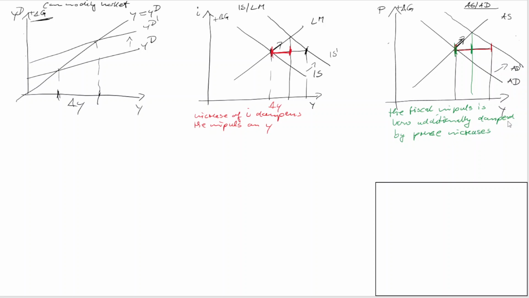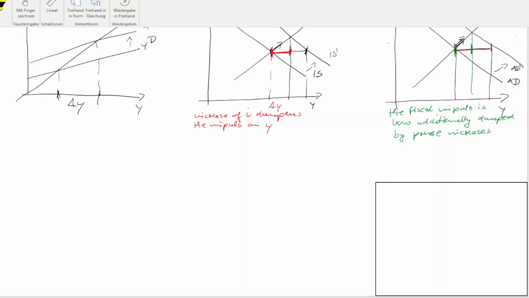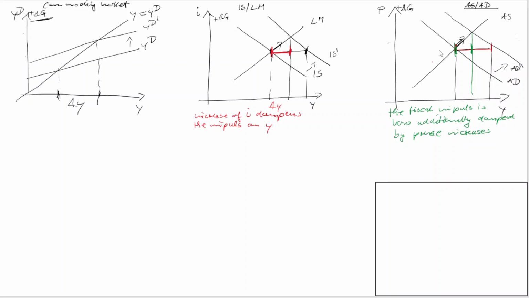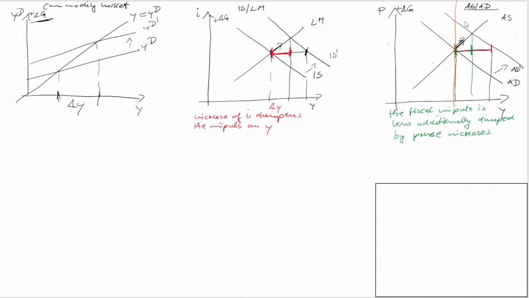Well, this didn't pose the question within this task, but then we could also think of the long run ASAD model. And if we have the long run ASAD model, we argued that also our AS curve would be shifted upwards, the medium term AS curve. Well, in the long run,